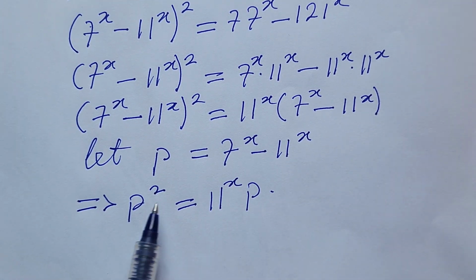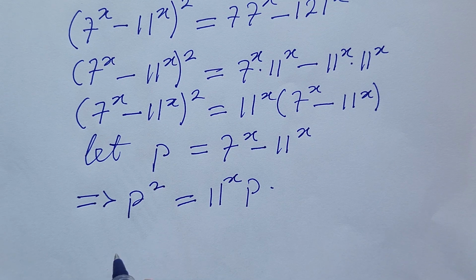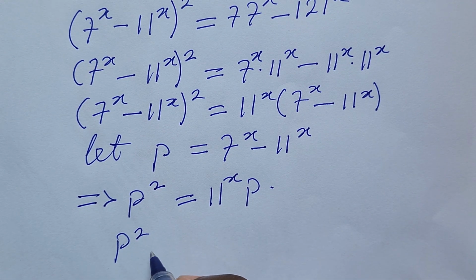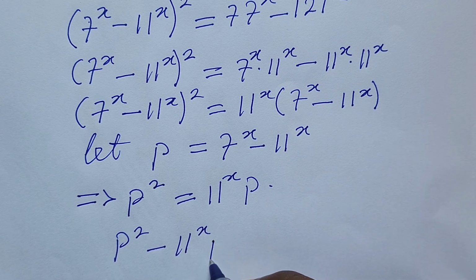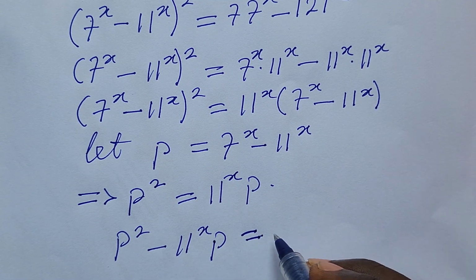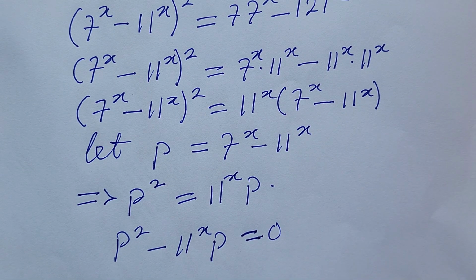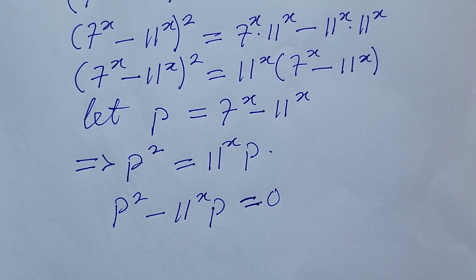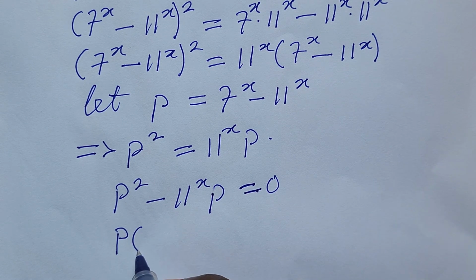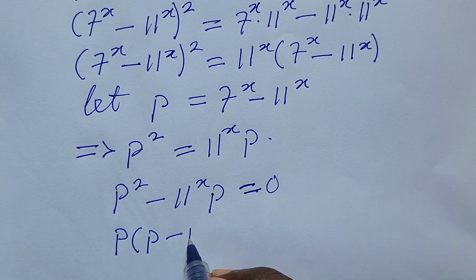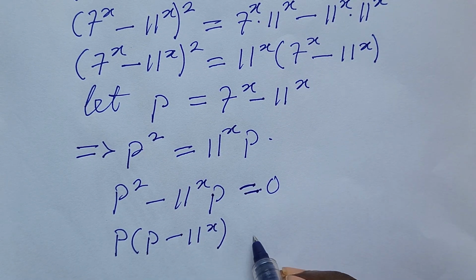This is easy. Move this to the side of the equation. So this will now give us p to the power of 2 minus 11 to the power of x times p equal to 0 here. So what do we do now? p is common here, p is common here, so let's factor out p. So this is going to give us p bracket p minus 11 to the power of x close bracket